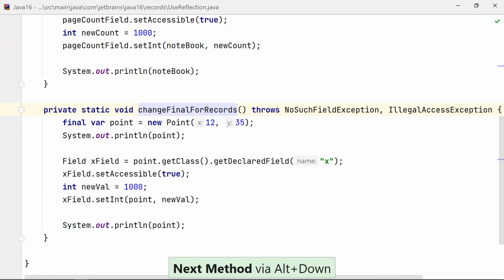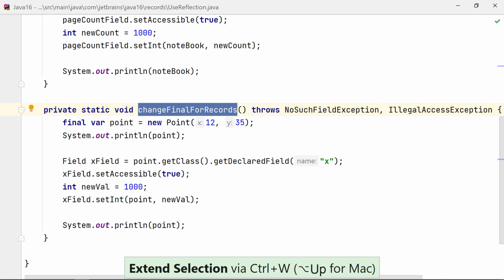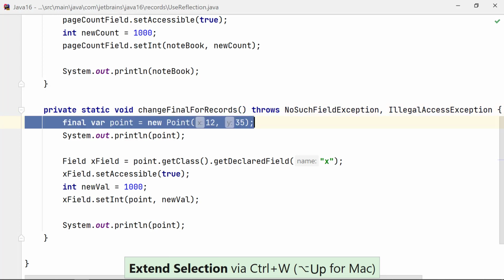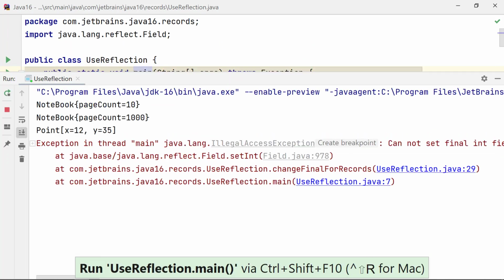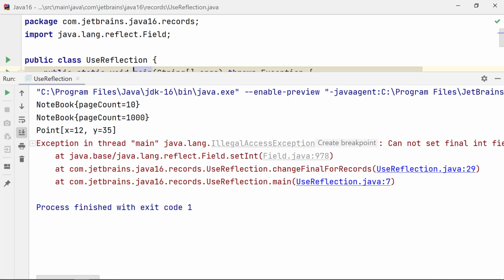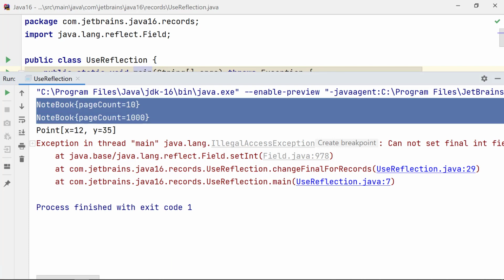The other method in this class, changeFinalForRecord, defines similar steps for the record Point. It instantiates Point, accesses its private component x, and tries to modify it. Let's run this class and check the output. As you can see, it could change the private final fields of a regular class, but not for records.